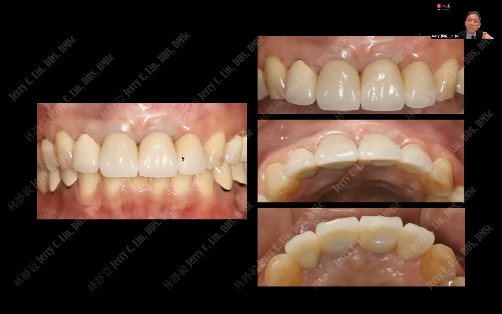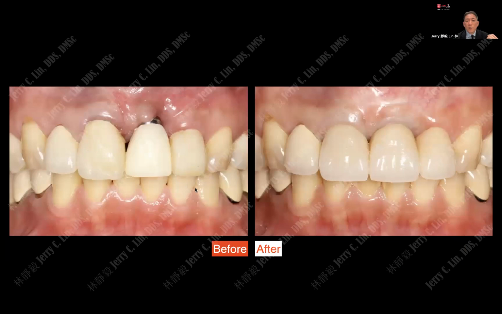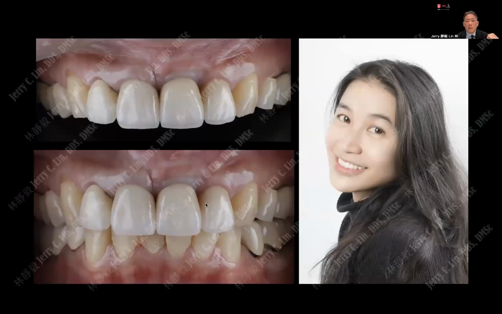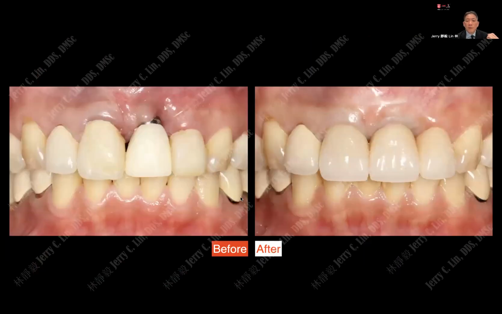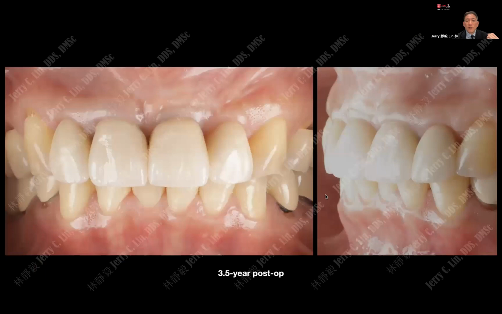And with very little, just the soft tissue surgery, we could end up with a very good aesthetic result. So this is before and after. And this is the after, and the patient was happy about it. And before, after. And this is the follow-up